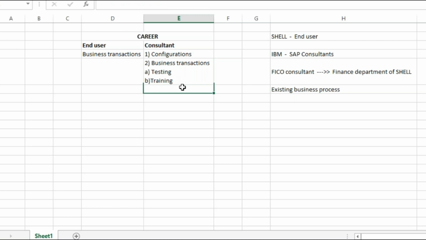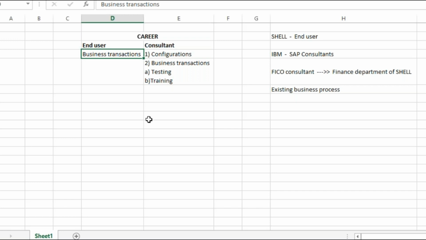And then training. What is this training? Training the end user, not on the accounting part. Users would be highly experienced and highly qualified end users. We need not tell them what a debit or credit is, what a financial statement is, how to post your accounting entry. We do not educate them on that. We need to tell them that these transactions that you were using in QuickBooks, now you're going to use in SAP. These are the transactions, and you post them in this way.